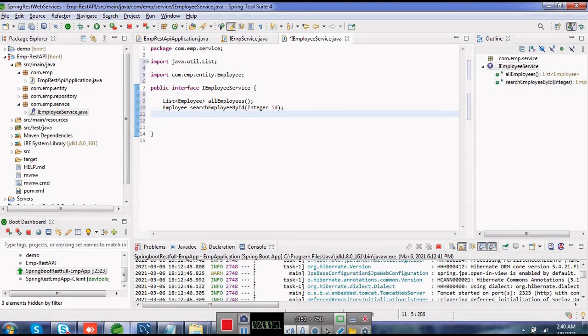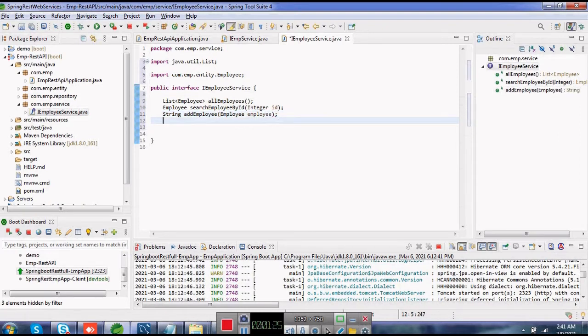Next I'm going to create the declaration of the method for adding an employee, and I want to take the return type as string, just to give information that the employee is saved. So let me write it, and I'm going to pass the employee as a parameter.